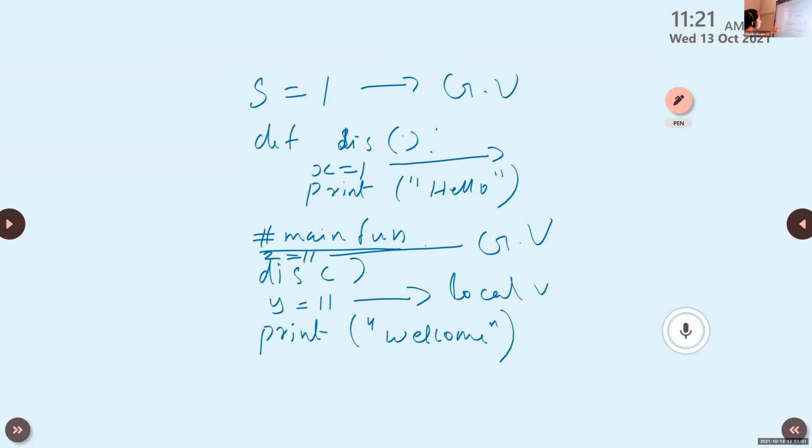But this x and y are inside the functions. One is in a user defined function, second is inside the main function. So this y and x are local variables and s is equal to 1 and z is equal to 11 are global variables. Now is it clear, children? Yeah, ma'am. Okay. So this is local and global variable.